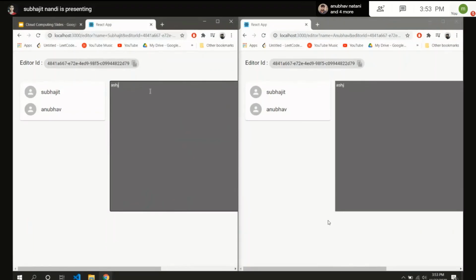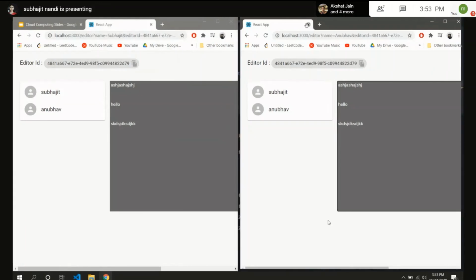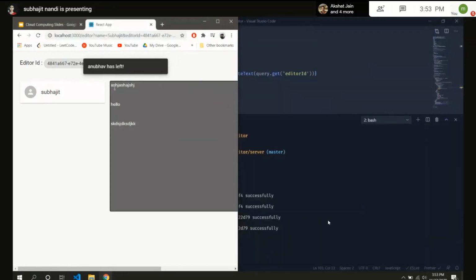And if I now write some text, it is reflected simultaneously on all the other connected clients. If one of the clients disconnects, all the other users are notified that that particular user has left.